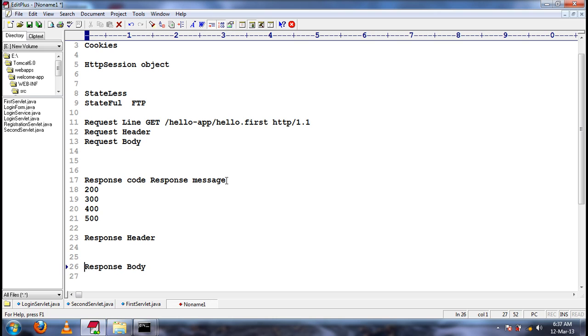The response line contains the response code and the response message, whether it is success or failure or some other message. The response header contains the header information, and the response body contains the actual content that is supposed to be displayed in the browser.